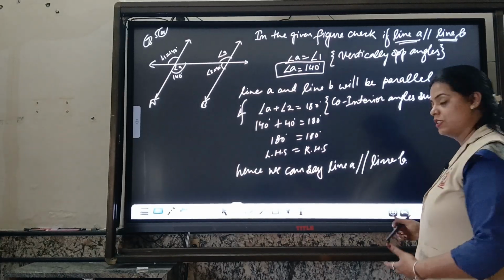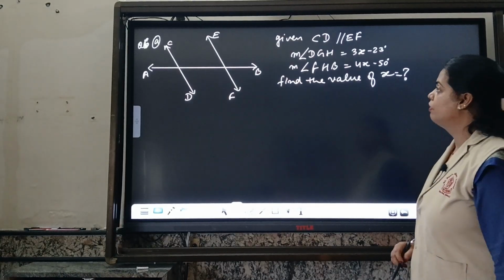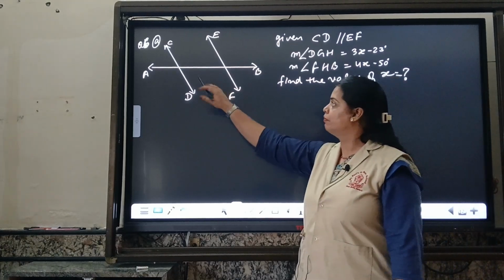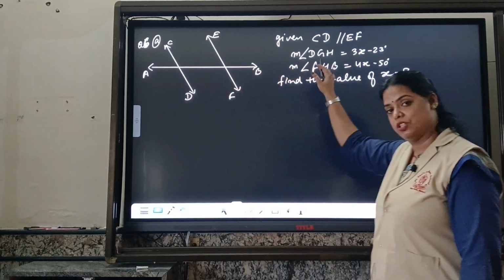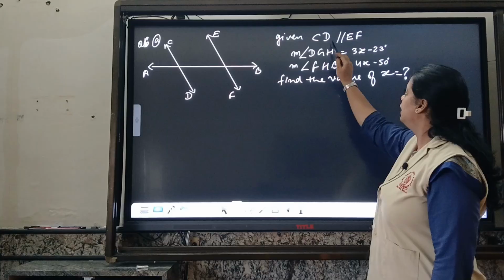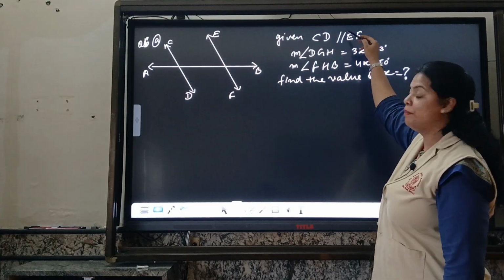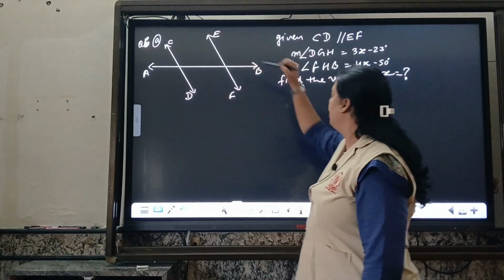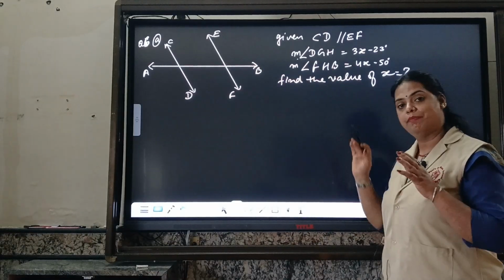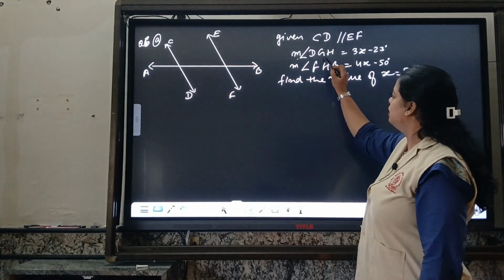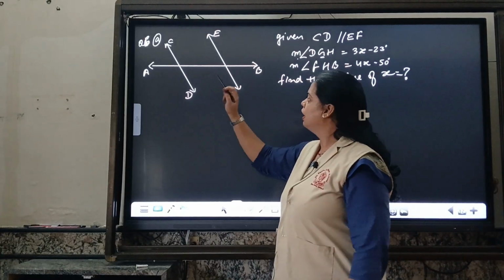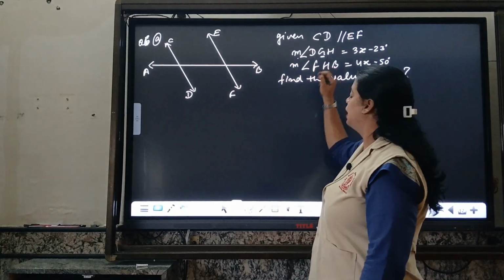That's it. In our next question, we have another two parallel lines, but no measurement is given there. It is mentioned in the question. CD and EF, with this symbol for parallel lines, means CD is parallel to EF, and M stands for measure. What is the measure of angle G? G is in between D and H. Where is G? It is not given, so DGH.